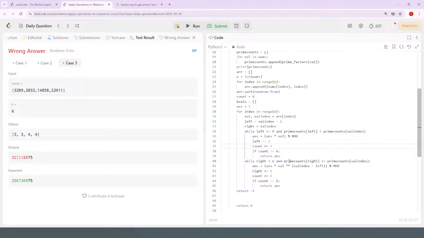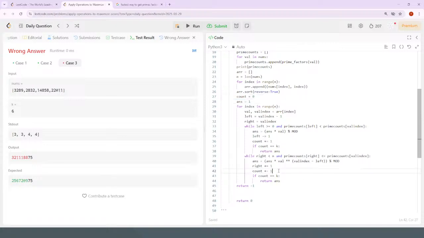Oh, what am I doing? Okay. This is wrong. My count should be increasing by the number of times I actually do this here. Value index minus, can't even do that because that could go over k. Okay, so I need to slow down my rule here. So while right is less than n, and prime counts right is smaller than or equal to that,